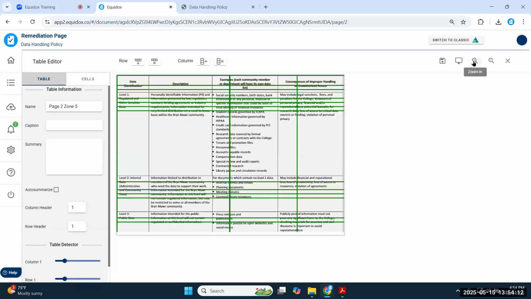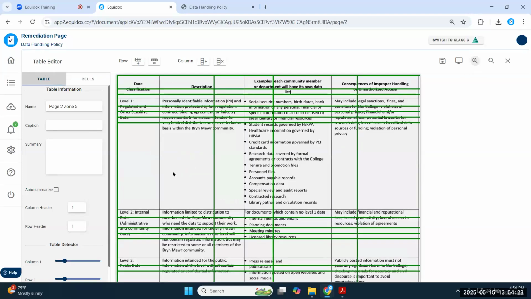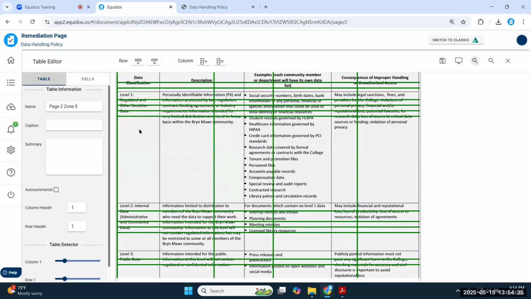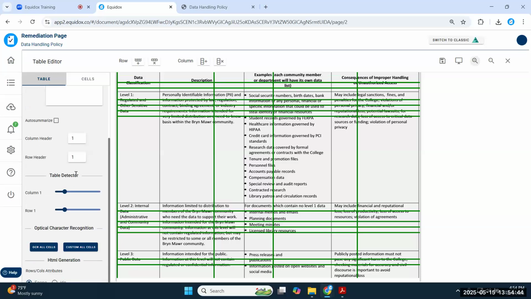When I'm in the table editor, I can see that there are these green grid lines here, which if you really feel like it, you can click on them and move them around, but I almost never do that. I just rely on the table detection. So the initial detection for this table is a little bit scrambled. This is a crazy looking table with lots of white space and random lists and giant paragraphs inside of it. So it's not a very uniform type of table. So the initial blind guess that Equidox took is not exactly spot on. But I haven't even woken up the artificial intelligence yet.